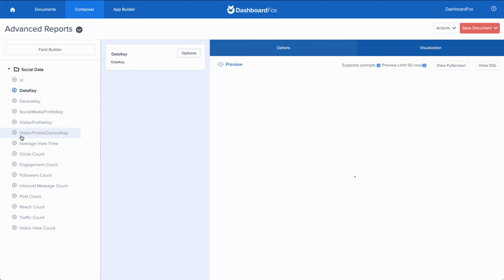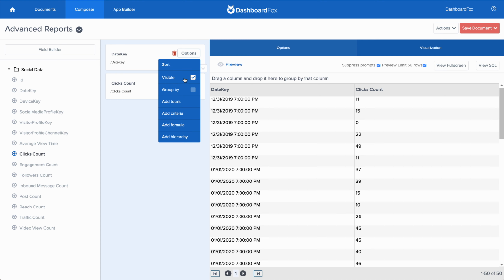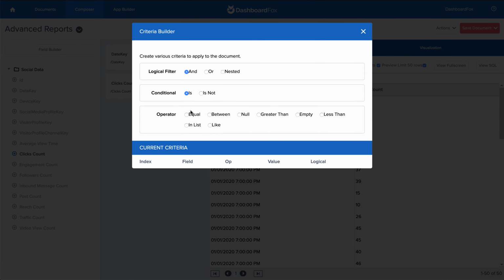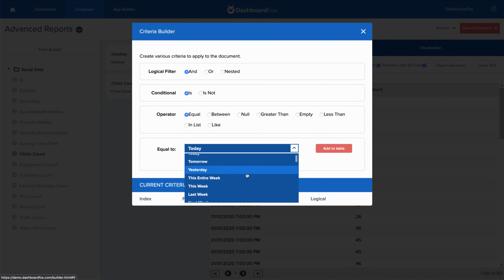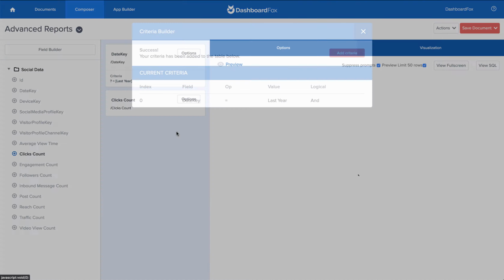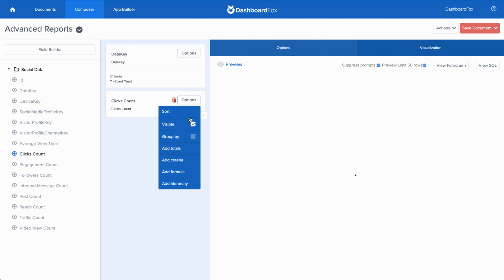So, for example, I'll bring in my date, I'll bring in my clicks count in this particular data set example. And you'll see now I can go in and add criteria and do all the things that I would normally do, such as show me everything from the last year. I've got some older data, I think, in this particular example, and I'll count up.